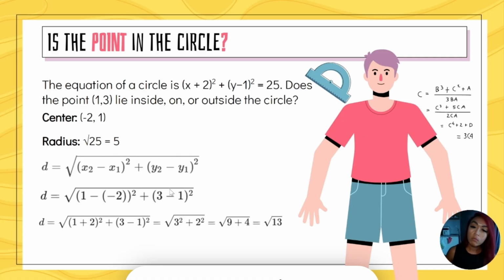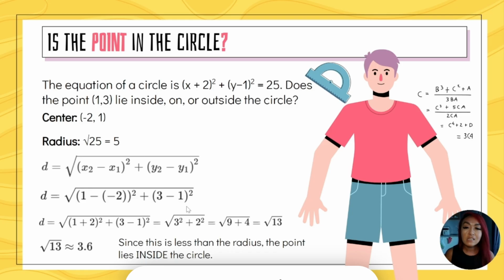Simplifying, you get the square root of (1 + 2)² + (3 − 1)², which is equal to the square root of 3² + 2², which simplifies to the square root of 9 + 4, which is equal to the square root of 13. Now, the square root of 13 is not a perfect square, but it's approximately 3.6. Now, what do we do with this information in order to answer the question? Well, since 3.6 is less than the length of the radius, then the point lies inside of the circle,